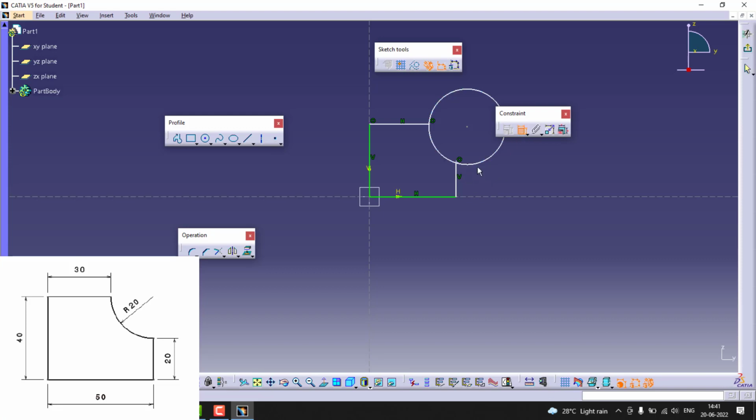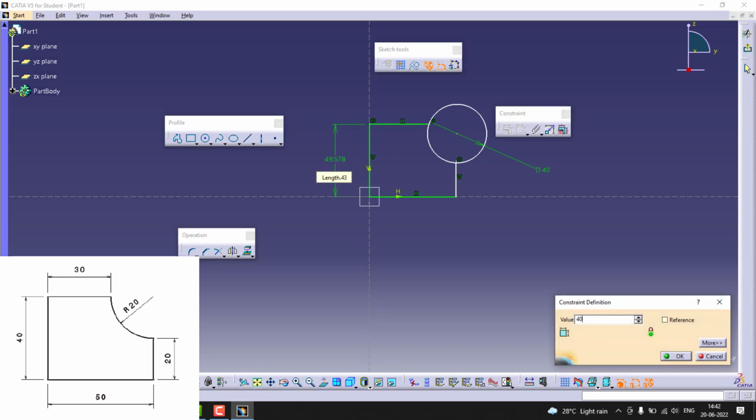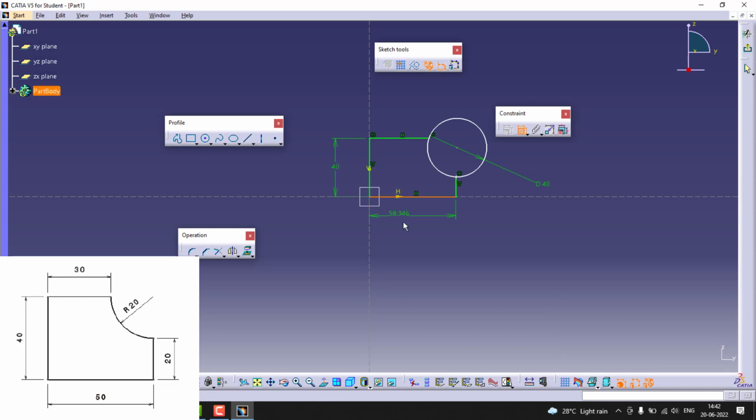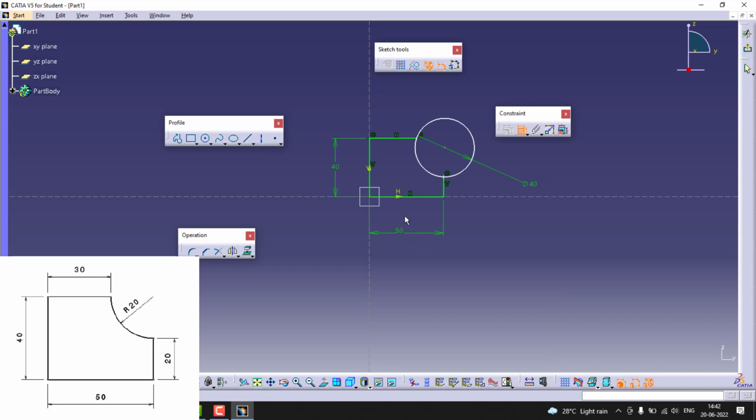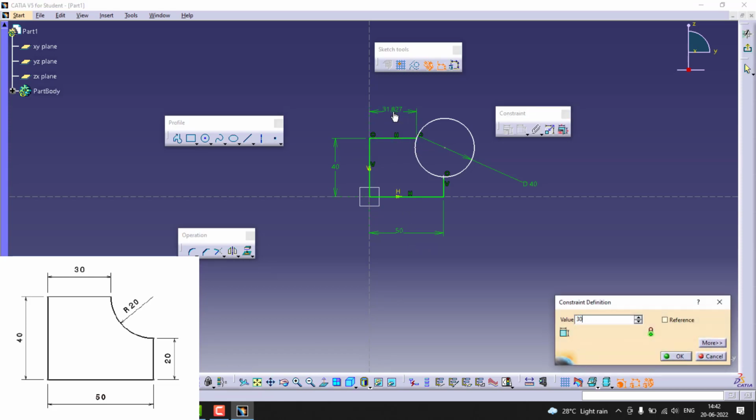Now, once you're done with the geometrical constraints, you need to define the dimensions. So you can mention the value. The diameter is 40, as radius is 20, and this is 40. Just select the line, drag, double click, change the dimension. Select the line, drag out, place it, double click, change the dimension like this. Same thing for this. It is 30,